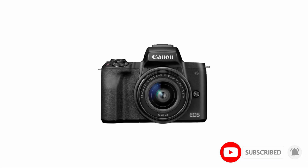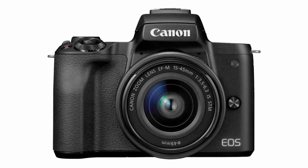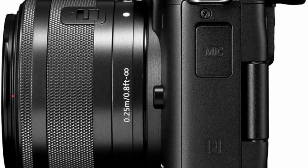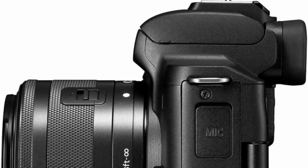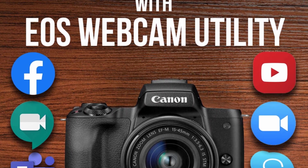The vari-angle touchscreen LCD monitor is flexible enough to allow for easy video filming from both high and low angles, plus, videos and photos can be reviewed before they're saved. Otherwise, automatically transfer pictures and videos to a compatible device for easy backup and online uploading, or even print directly